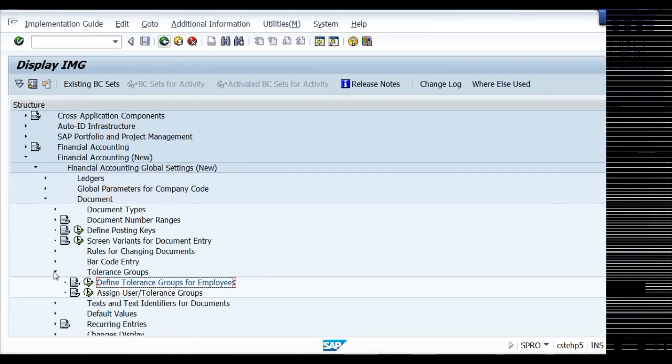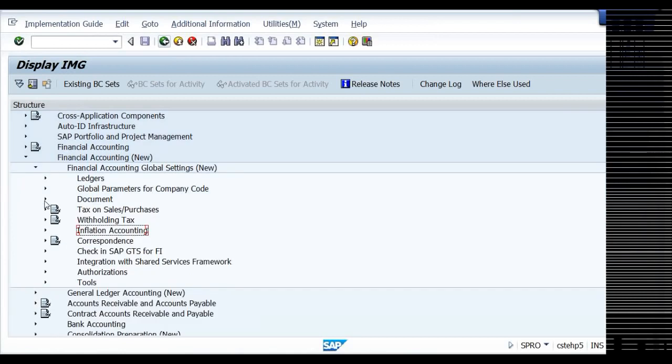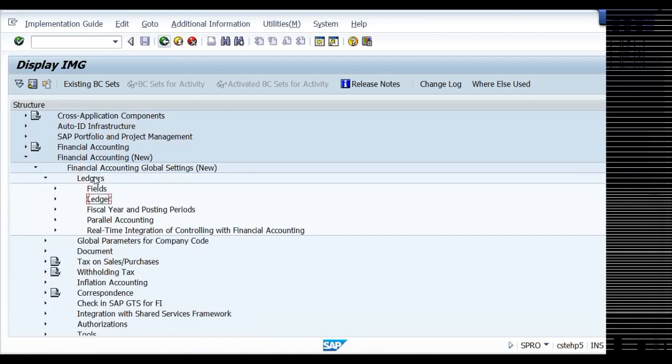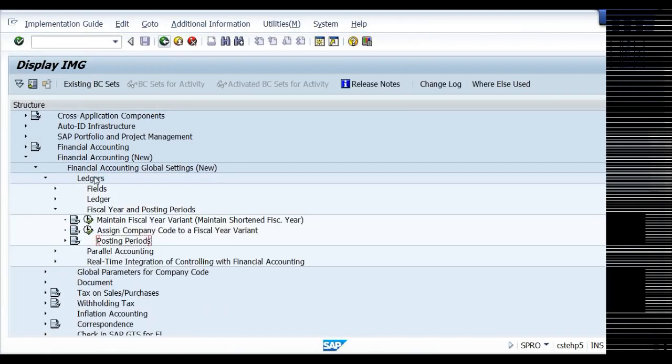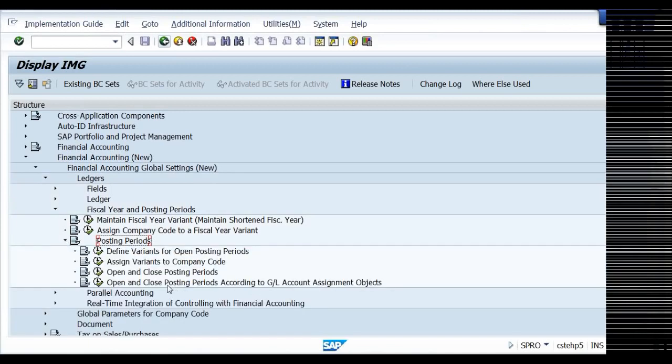Now here, if you remember posting period variant, ledgers, fiscal year and posting periods, my posting period, open and close posting periods.